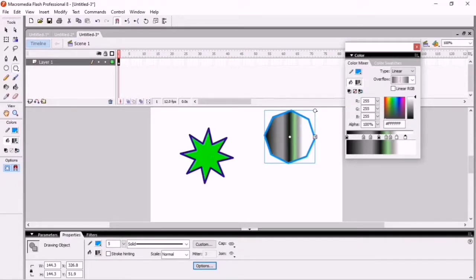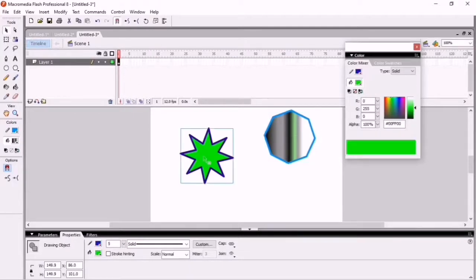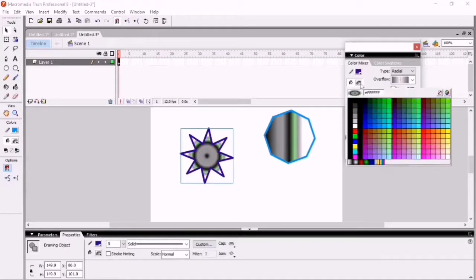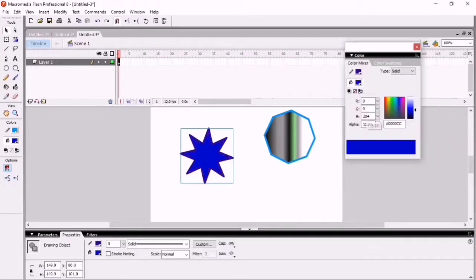For example, I select this one, and here I select radial, and you can see how many colors you want to select here. You can change this by moving this one here, like this one, radial.